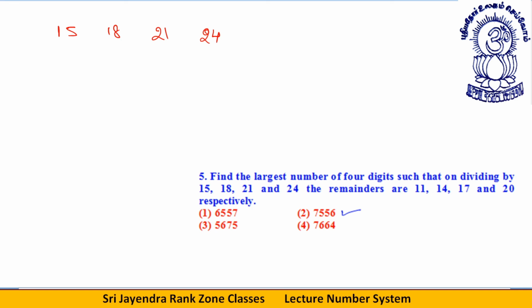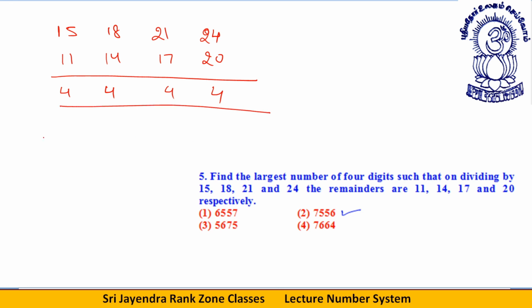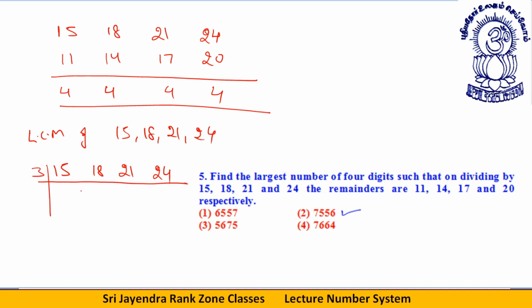what are the remainders? 11, I am going to tell you a very good shortcut for this, but let me tell you the concept first. So the remainder, if I can say I have a remainder of 4, this will be a negative remainder. So first of all, LCM of 15, 18, 21 and 24 looks to be very tedious, but I'll have to do it. I will tell you a beautiful shortcut, but let me teach you the concept first. As I've always been saying,